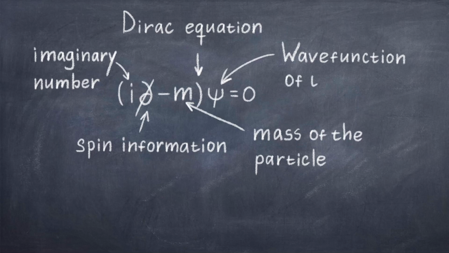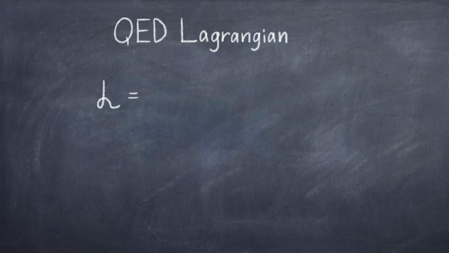This equation became the foundation of QED, as it is valid for fermions, or spin-half particles. And as we learned in the previous video, the electromagnetic force is felt by all fermions except neutrinos. It turns out that the Dirac equation is almost what we need to construct QED. An interesting result is that the Dirac equation predicts antiparticles, something which is explicitly shown in the Lagrangian of QED. So without further ado, let's write down this main equation of quantum electrodynamics.